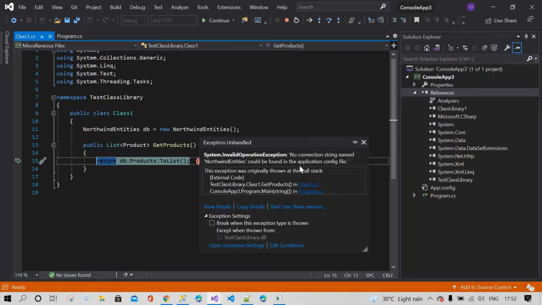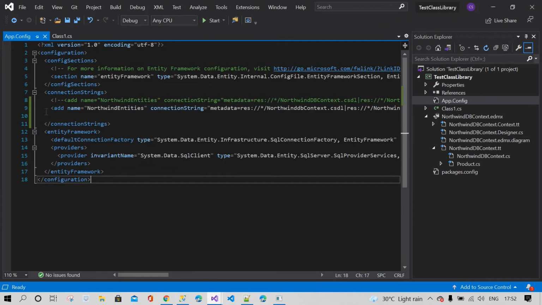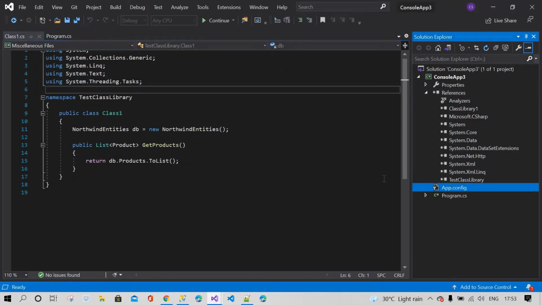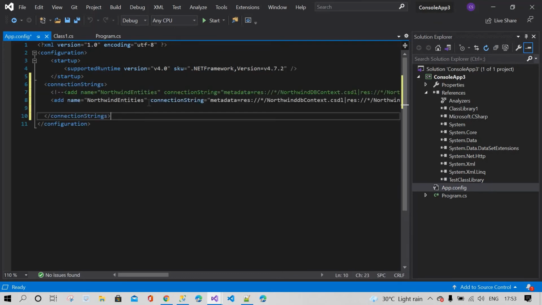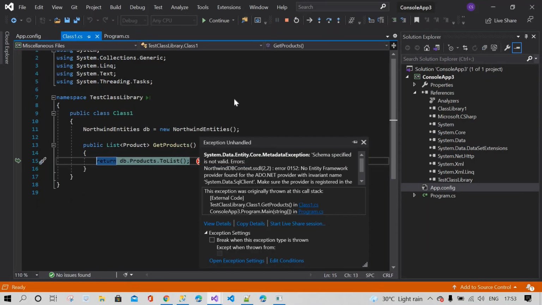Again we are getting the same error: no connection string named Northwind entities could be found in the application config file. We will check once again. Copy this connection string, go to the console application, and paste it here. Build again and run the application once more. Now we get another error: schema specified is not valid, no Entity Framework provider found for the invariant name System.Data.SqlClient.